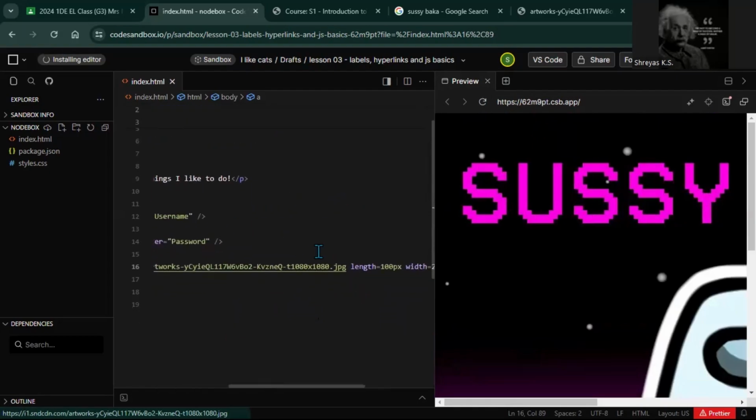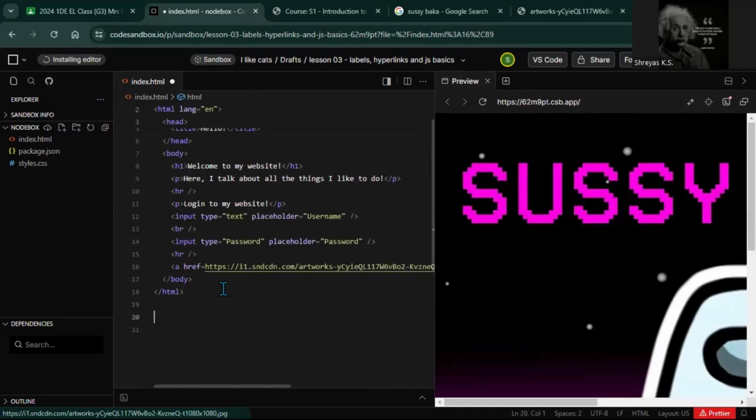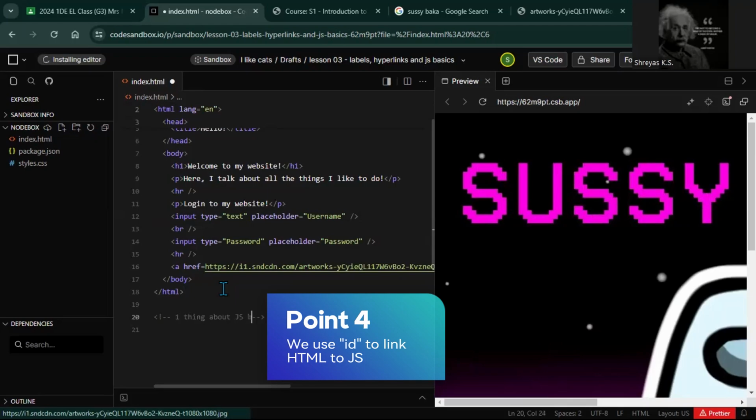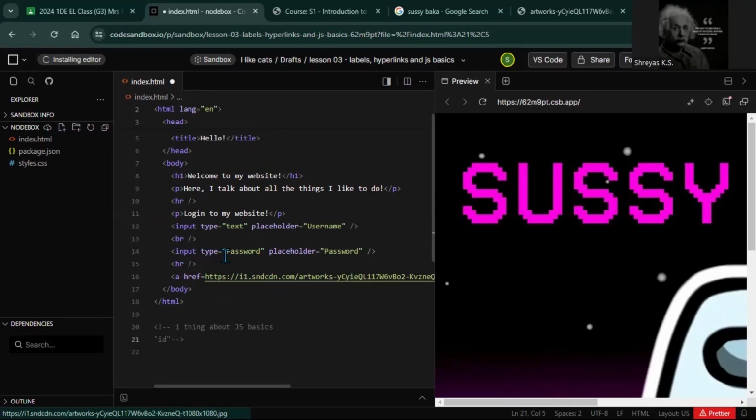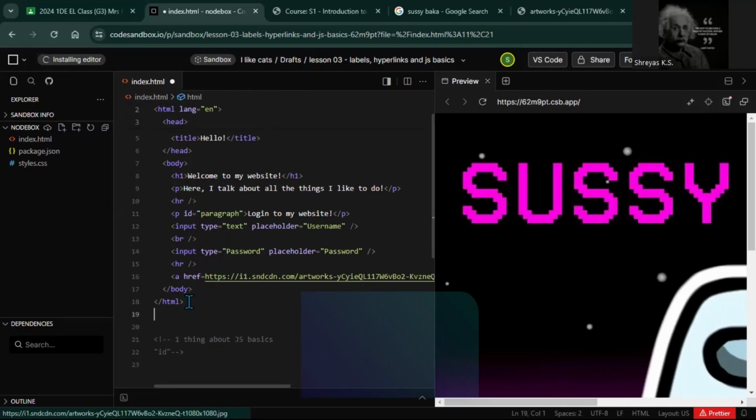It's not that difficult. Now let's talk about JS Basics. One thing about JS Basics is that we need an ID. We need to use the ID. If we link an ID, we can actually get element by ID from it. So let me explain. Let's say I have this P here. Now, if my ID is equal to paragraph, and then I link it to JavaScript by writing script,